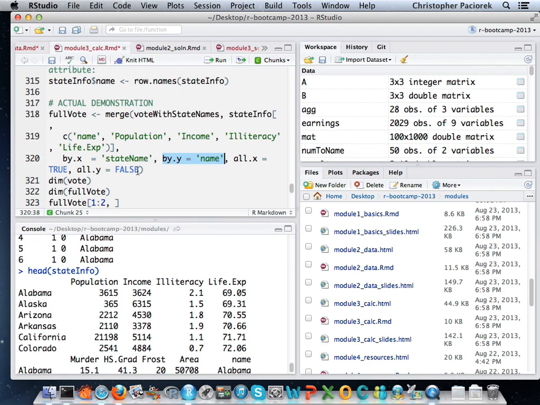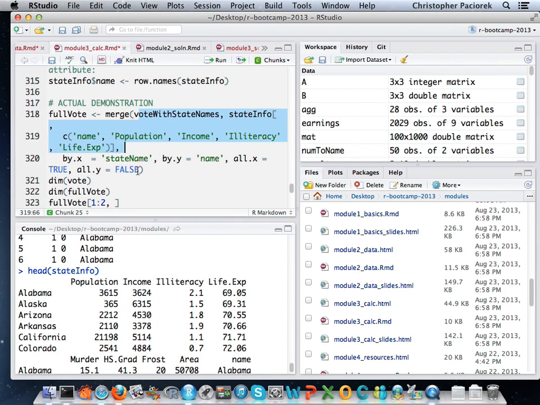And then all.x and all.y are basically that you're often going to be in the situation where one data set has many more rows than the other data set, and maybe the first data set doesn't have all of the states represented. So do I want to merge in all of the information from all of the states, or just the states that are represented in the personal level data? Those sorts of one-to-many and many-to-one kinds of relationships. So this says I want all of the records from the first data set, the individual voter data set, and I do not want all of the records from the state level data set unless the particular state is represented in the individual level data. So that's the basic idea there.